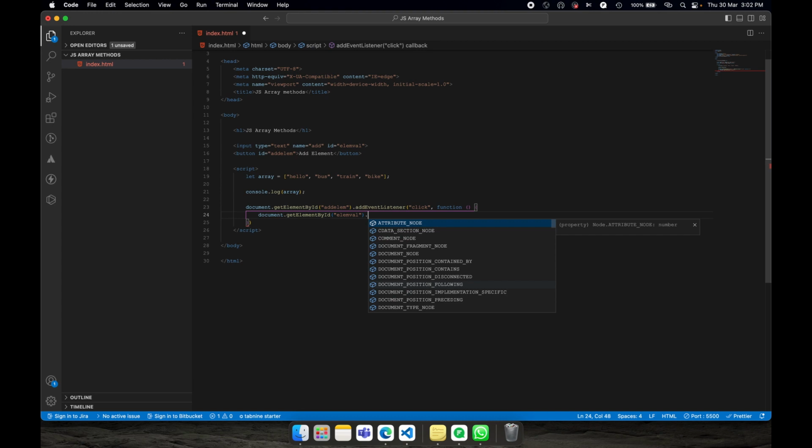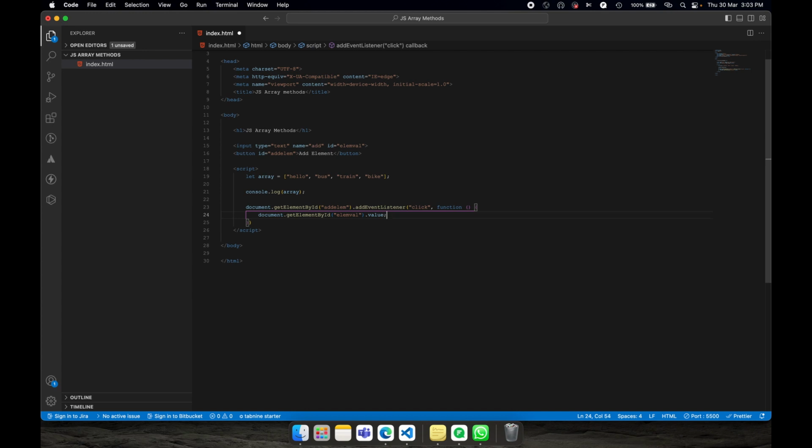And dot value. We can store this value inside a variable, which we can call element value, equal to this. So using this we will get the value of our input element, and we can get the value right here.